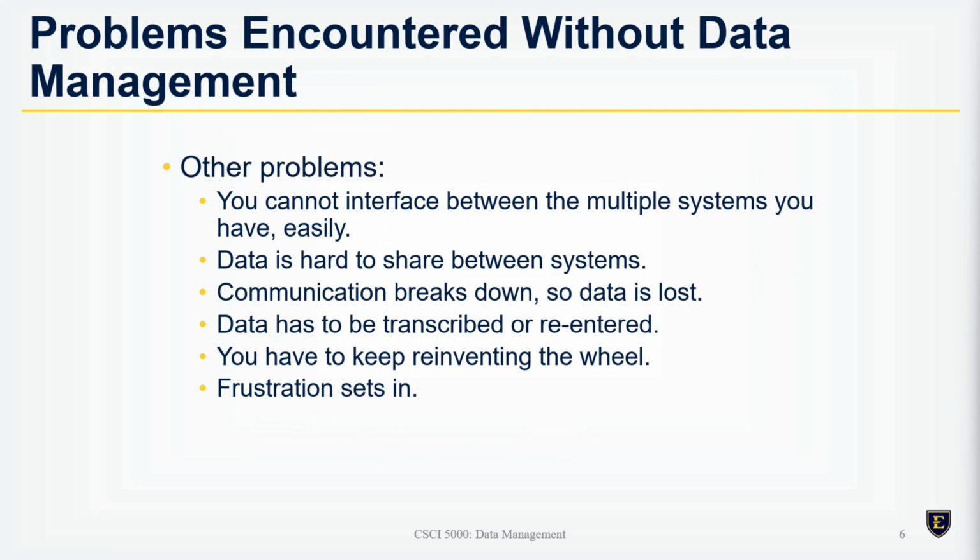Some other problems that you could encounter: you cannot interface easily between multiple systems that you have. Because they haven't been defined and developed to work together in the first place, those information systems can't really be joined together other than doing something very rudimentary or finding a way to do it with a lot of guesswork. The second thing, data is hard to share between systems,